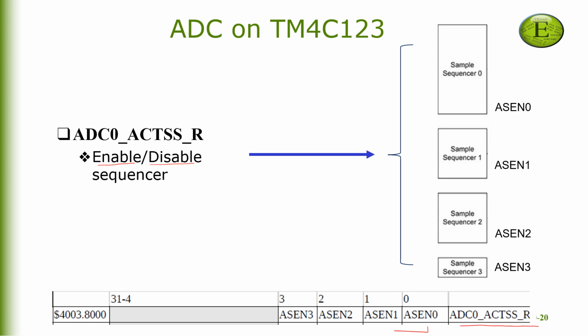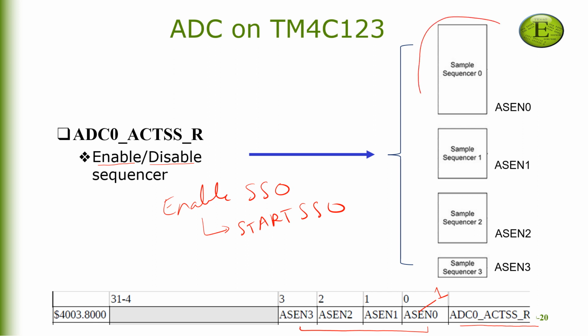The least significant 4 bits correspond to the enable or disable, and each will be responsible for enabling or disabling the corresponding sample sequencer. For example, in order to enable sample sequencer 0, which really means that we want to start sample sequencer 0, we're going to make the first bit equal to 1. So this is going to enable sample sequencer number 0. So sample sequencer number 0